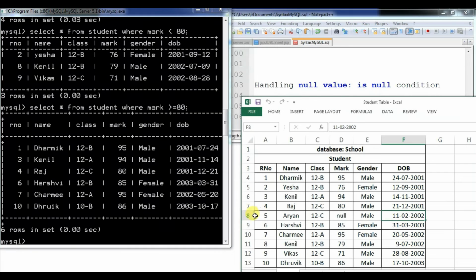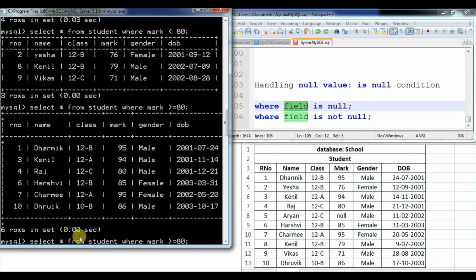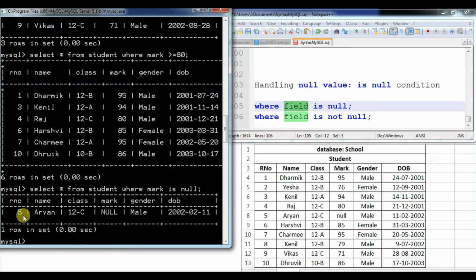So what about this null value? For that only you can use this is null condition. For that, where the particular name of the field, as we have the mark field where one value is there with the value null. So you can write is null to fetch that particular one record. See, select star from the table name where our name of the field is mark only. After that we can write is null. Suppose you want to fetch all the records in a particular field whose value is mentioned as null. See, we have the fifth record, that is Aryan, whose mark I didn't mention, so I mentioned it as null.